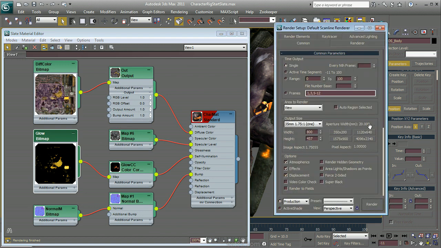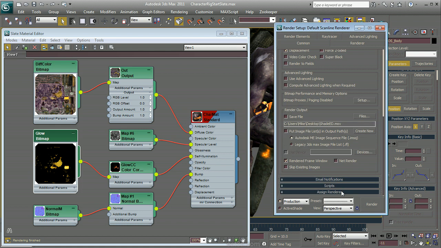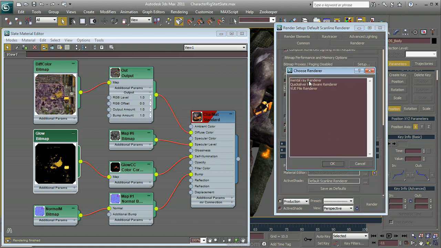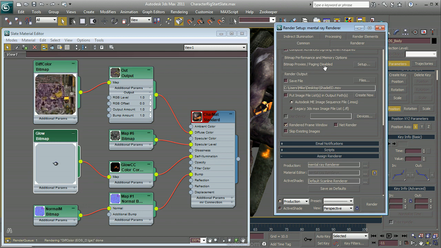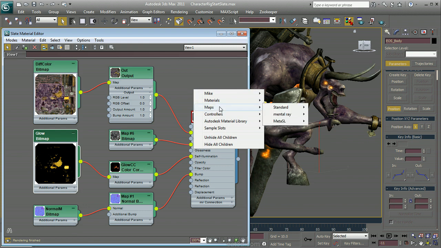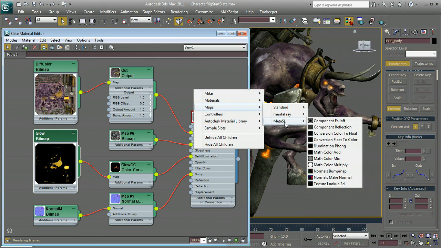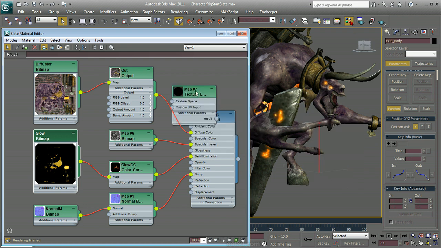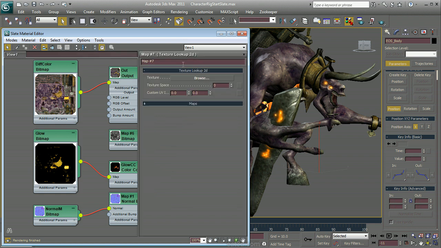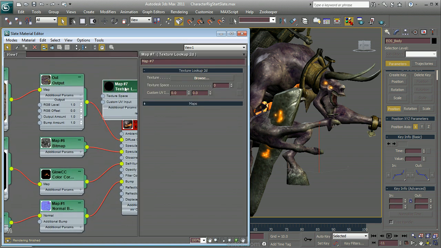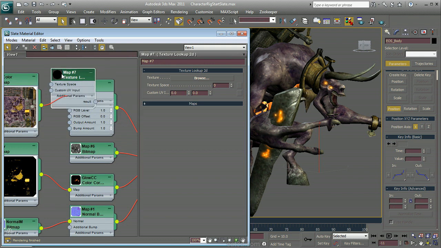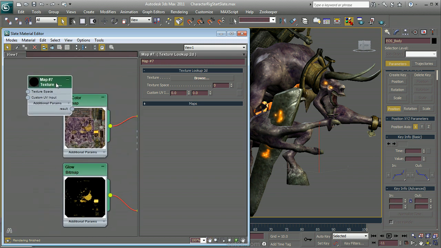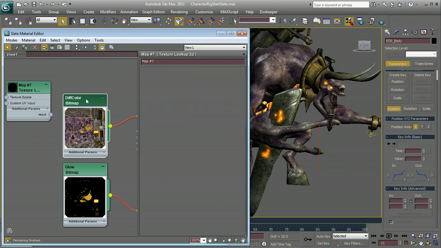Let's just go in here under Common Parameters and assign Renderer. We'll assign Mental Ray. And now when we right click, you'll see we have maps, and we'll have Mental Ray maps as well as Meta SL maps. And the one that we're looking for is this Texture Lookup 2D. If I create that, you'll see that it's really a very simple map or material that you can use in order to replace this bitmap, which is a little bit more intense and will cause to have more instructions on the video card. So I'm just going to double click on this guy,